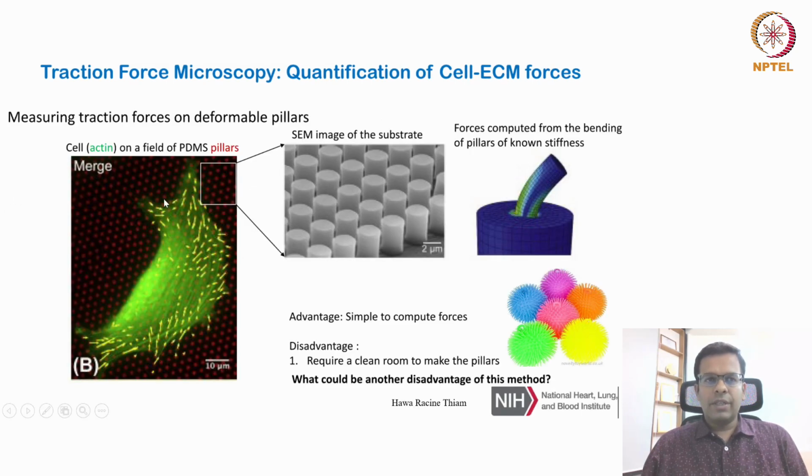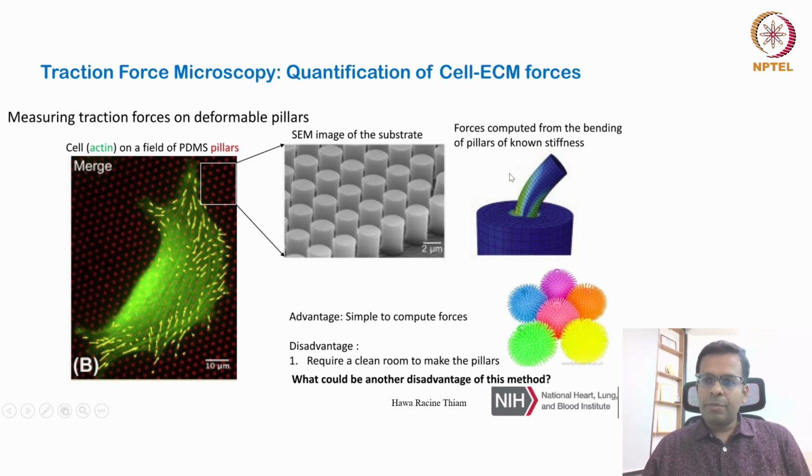So how it works: if you see the SEM image, this substrate looks like small pillars. And these small pillars are bendable, meaning they can bend. So when you put the cell, and if the cell applies some force, these pillars will move like this. Just like you must have seen this kind of ball, right? They are made up of some flexible spikes. So these pillars are like this, and if the cell applies some force on it, then these pillars will bend like this.